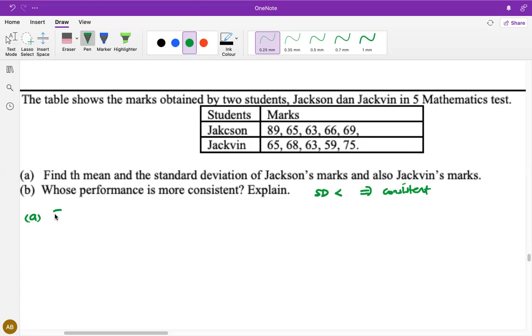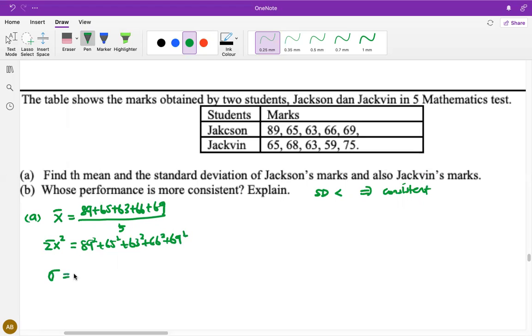Okay, so find the mean. I think you can do it by yourself. Mean: 89 plus 65 plus 63 plus 66 plus 69 divided by 5. Okay, and then the sum of squares: 89 square plus 65 square plus 63 square plus 66 square plus 69 square, right? Then the standard deviation is, okay, you put in. All right, B,